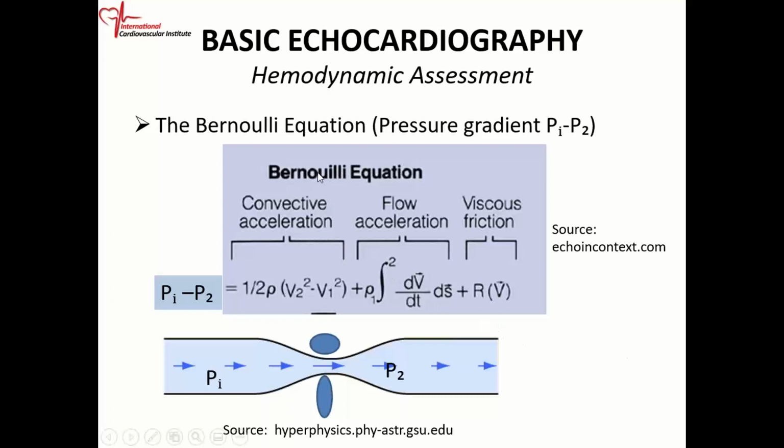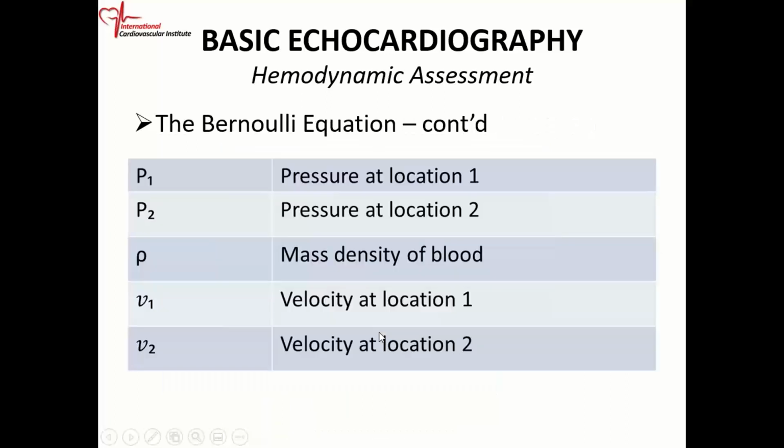And then the convective acceleration, which is half rho, where rho is the density, times the velocity squared at point 2 minus the velocity squared at point 1. So this is the basic formula. However, for blood,